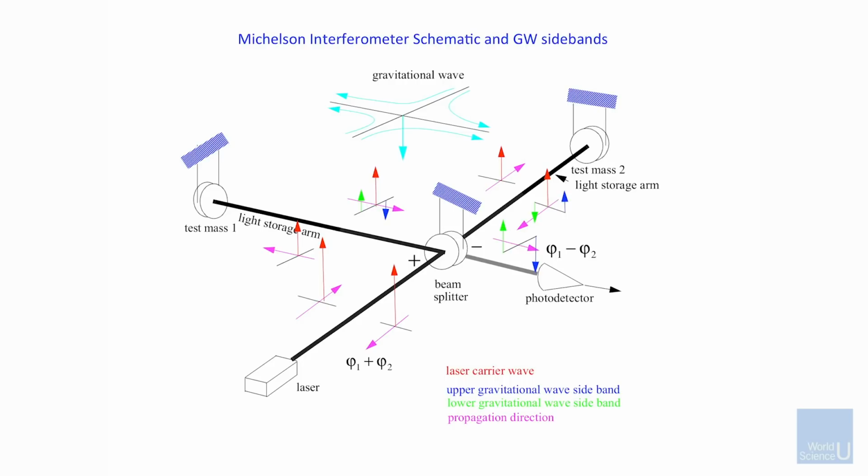So this place is dark. There's no light there. And now what happens, all the light goes back to the laser. That's where it goes. That's the symmetric side. And you can see this with some of the arrows. We'll get to that in a minute. But now comes the tricky bit.